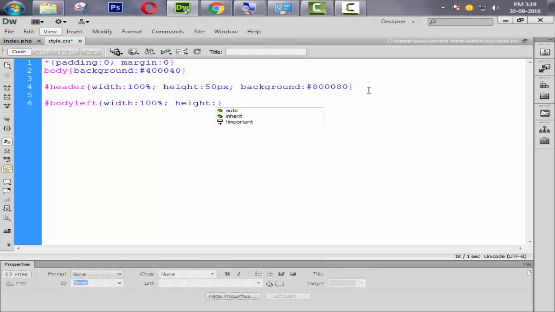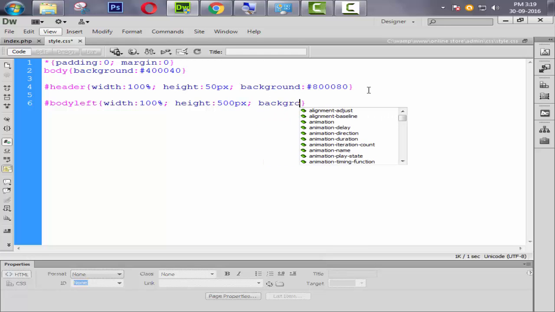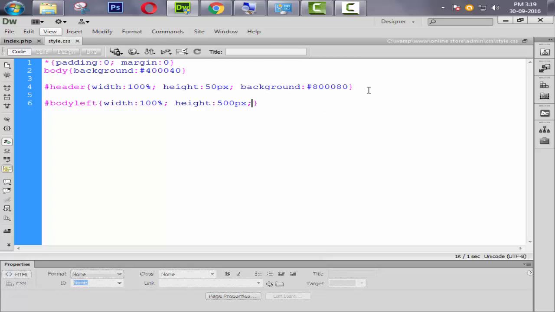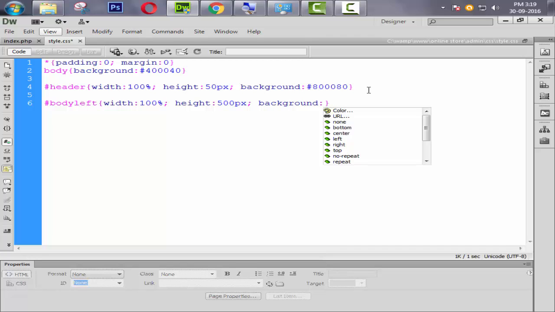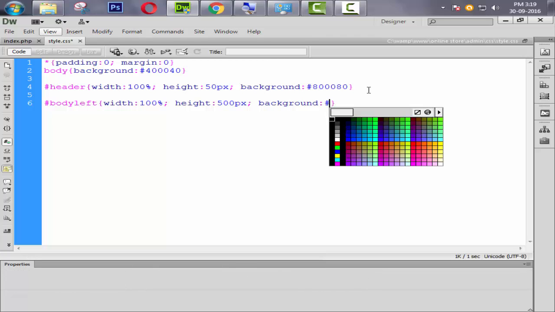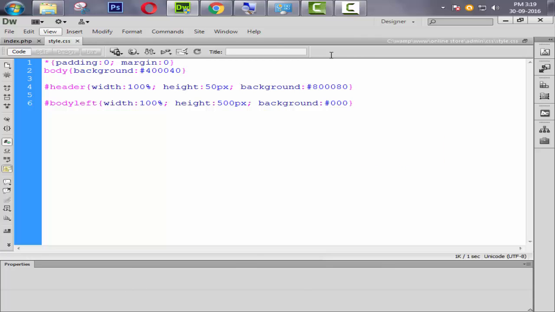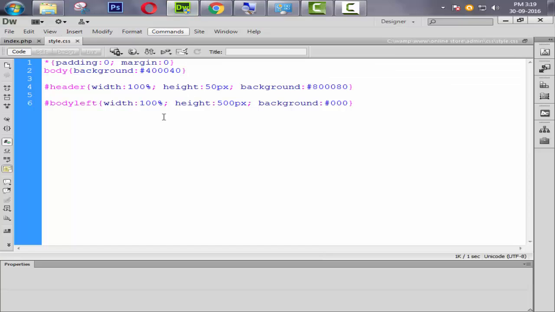So for example purpose I use 500 pixel, and for background, for demonstration purpose we need one, so we say #000 black background. Okay, look at this, black background is coming, but we don't need width 100%, we need only 24% of width.